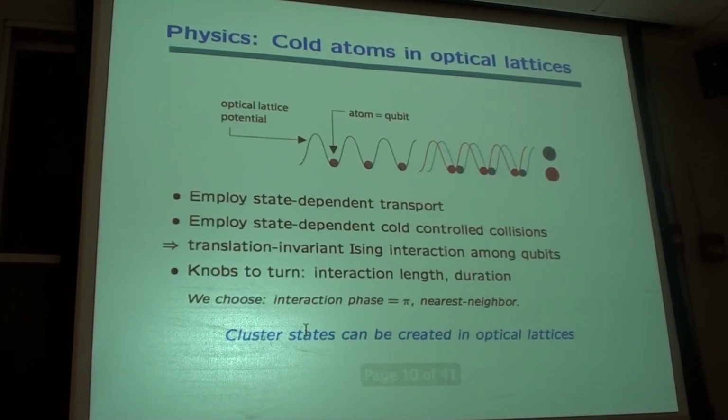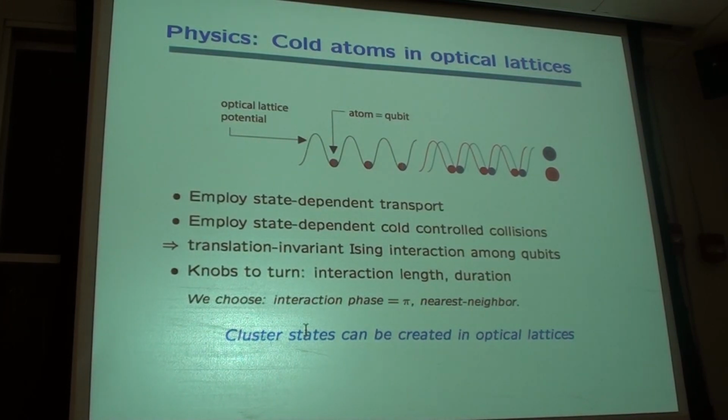Let me say something that's probably more familiar to you here. Let me briefly make a comment about cold atoms and optical lattices. This was actually our starting point way back to begin this investigation. This was at the time when Bloch and Greiner did their experiments with cold atoms and optical lattices. They could drive the superfluid to Mott insulator phase transition. And what we were thinking about is, all right, you have atoms trapped in an optical lattice, one atom in each well, and then it was known that one could make